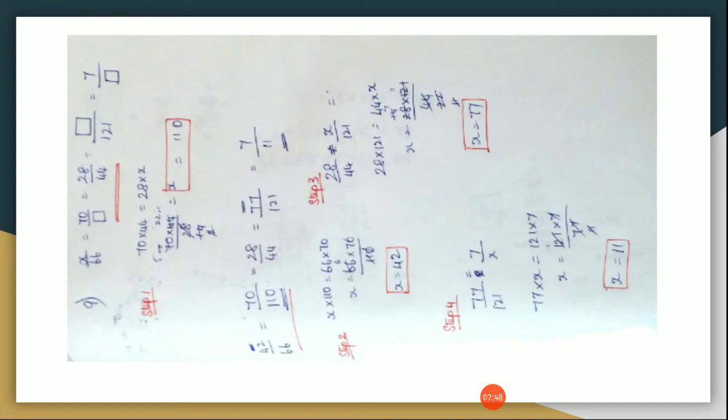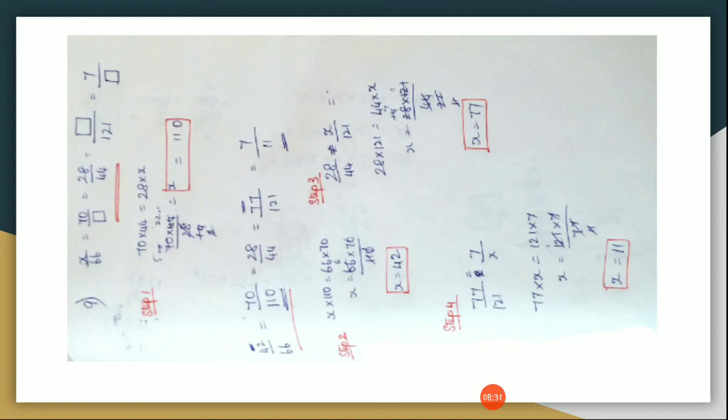And yesterday few children were having doubt in this question. Ninth sum. In this sum, they have given you boxes. Usually if you want to find out an unknown term, there should be only one unknown variable in the question, only then you can find the answer. Here there are more than one unknown variable. So what should we do? You can first compare 70 by x, for example, that is an empty box, 70 by x is equal to 28 by 44, right? For this type of sum, wherever you can multiply and write, you have to select that particular term.